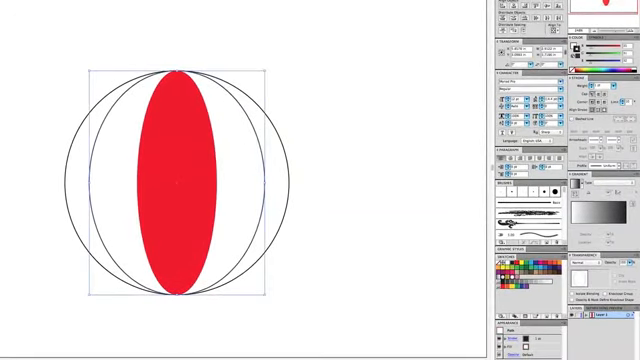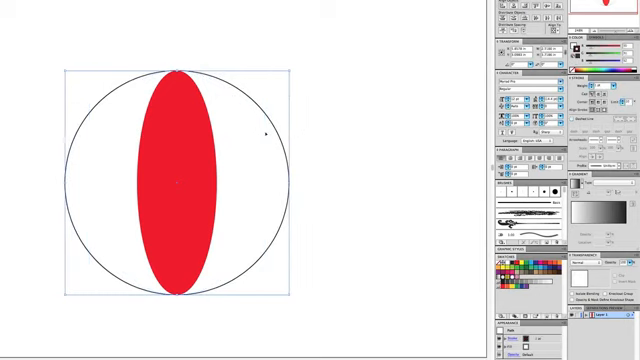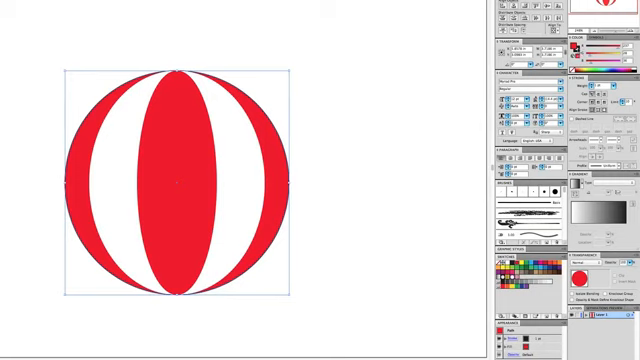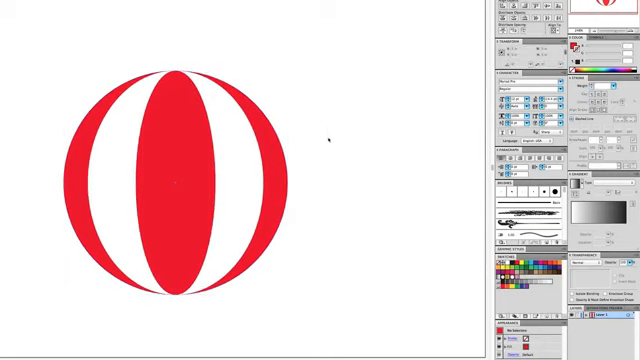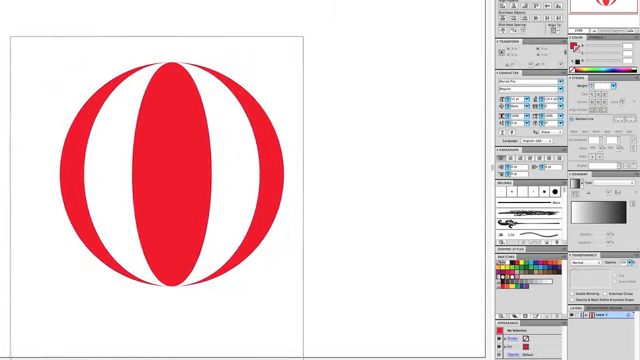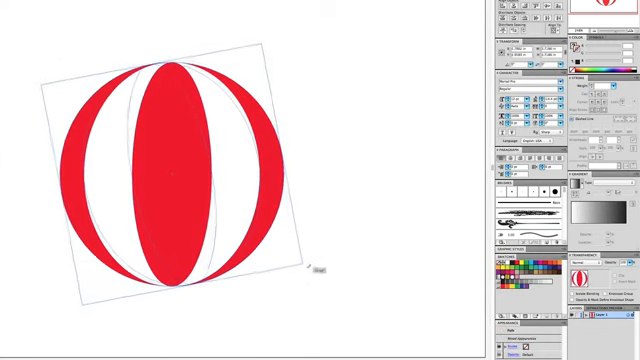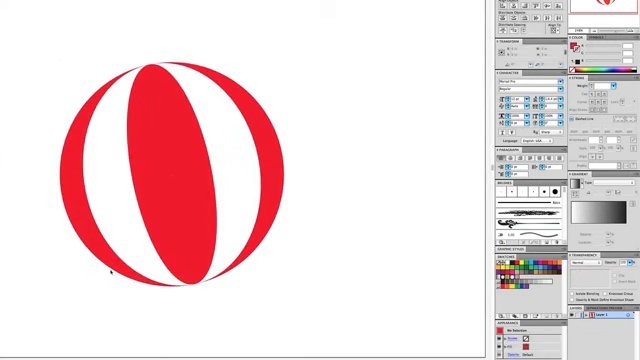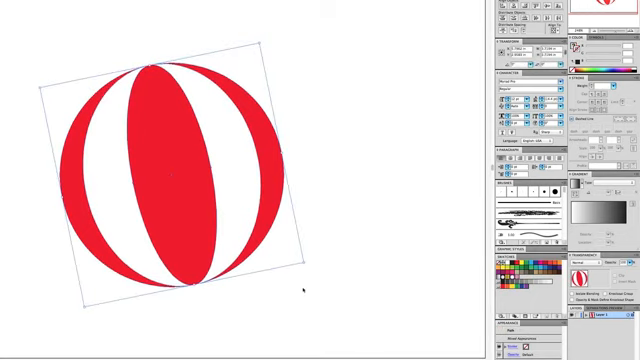Then these out here are white, good, but hide the stroke. And then out here we probably want them to be red again, and the stroke we need to hide. That's a pretty decent beach ball, so we'll just use that as our starting point. In fact, I may select it all, just rotate it a little bit so it has a little bit of